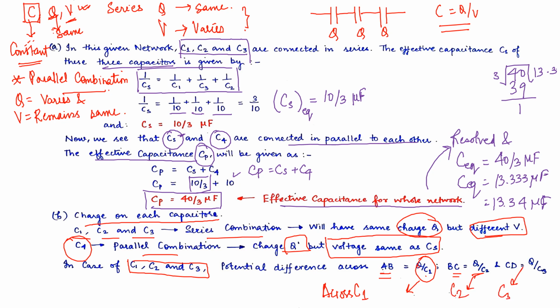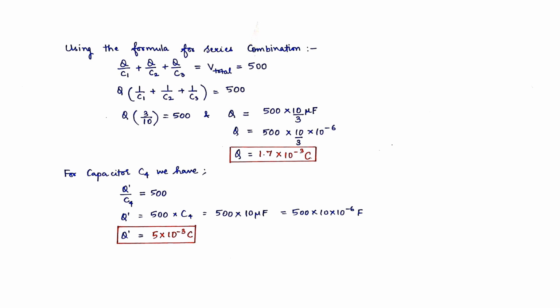From the formula V equals Q upon C, we have taken Q upon C1, C2 and C3. Now to find the total voltage, we sum it up as we did for the series capacitance. So Q upon C1 plus Q upon C2 plus Q upon C3